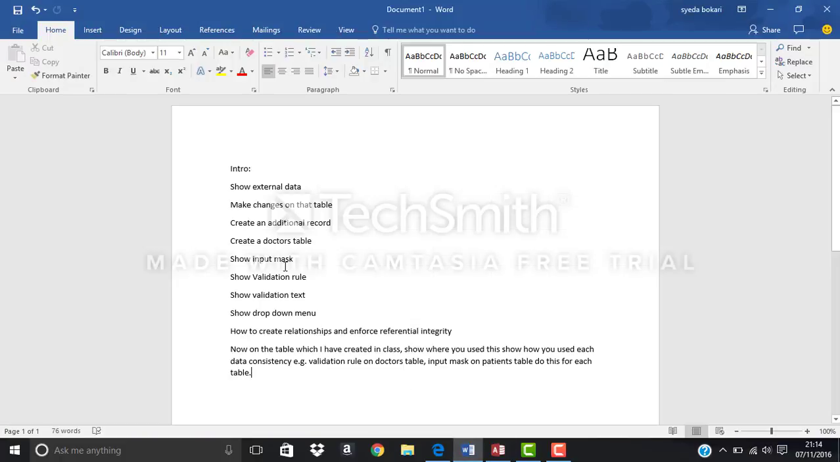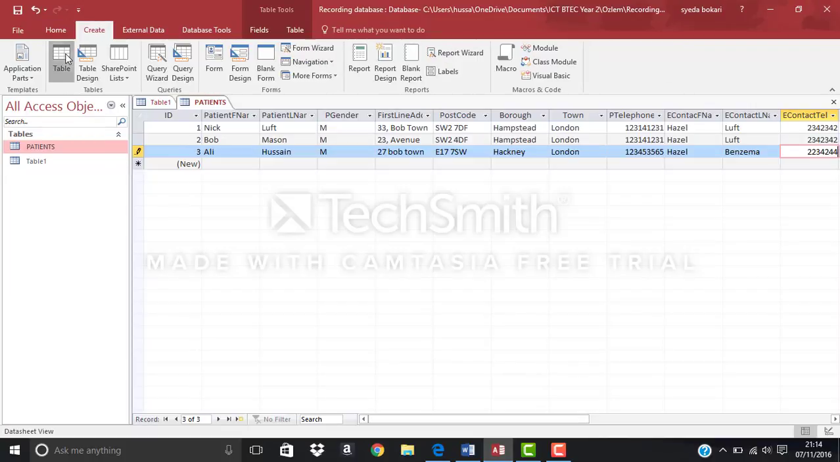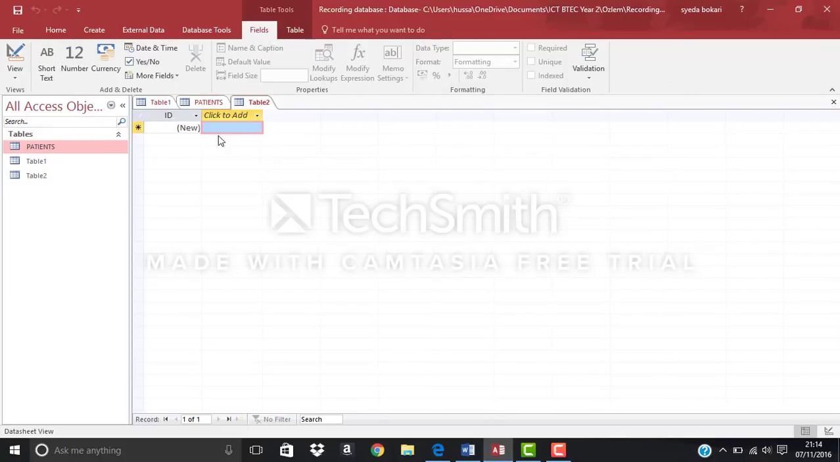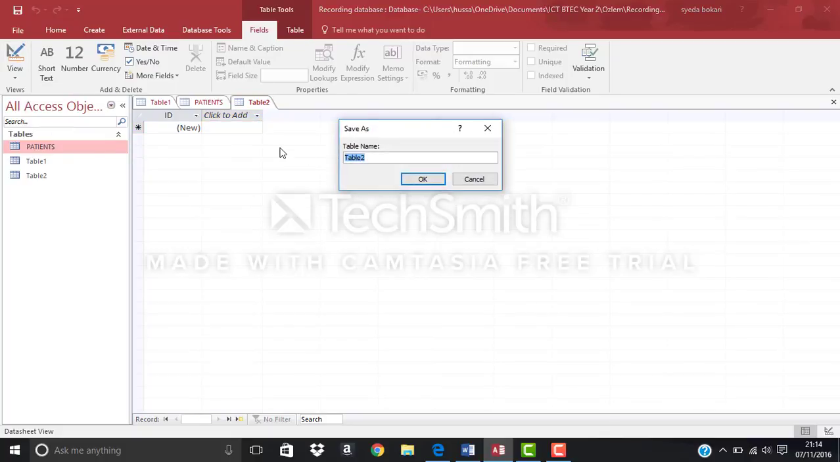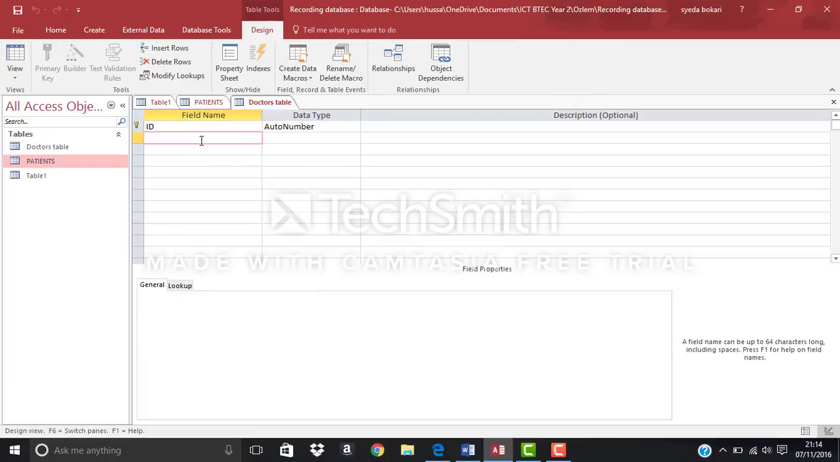So now we have to create a doctor's table. So what we do is we want to create a table, and this will be a doctor's table. So the best thing to do again to create a table, I go into design view, and I'll name this table doctor's table. And when I press OK, so is the ID there already? I want to do